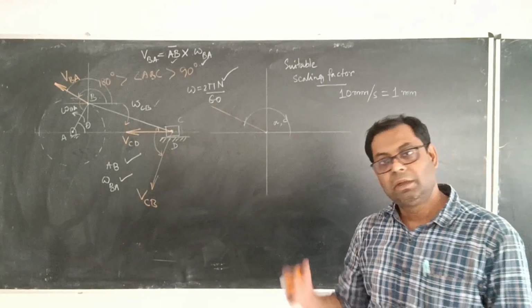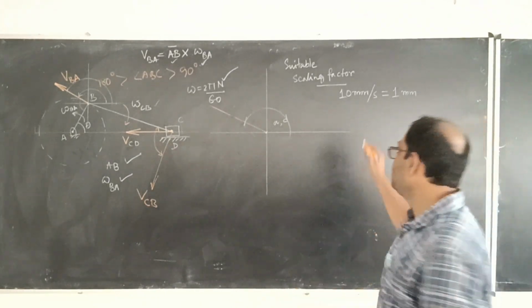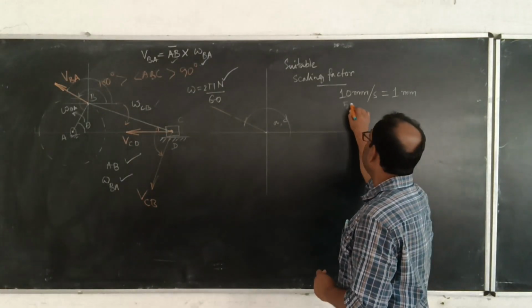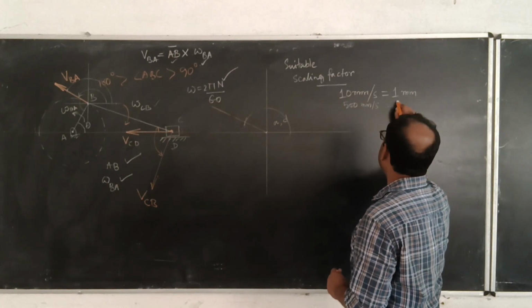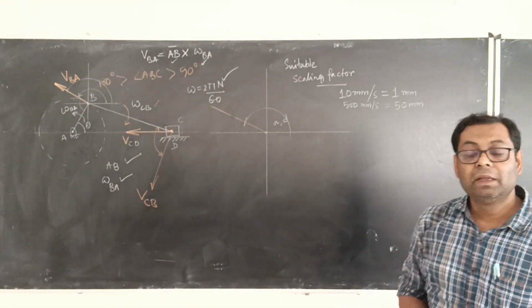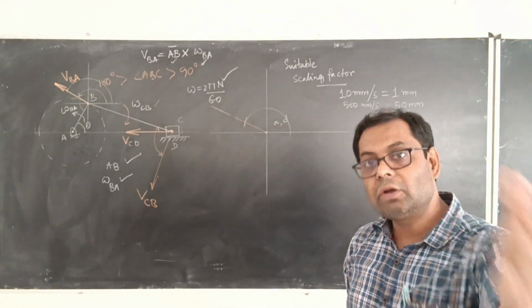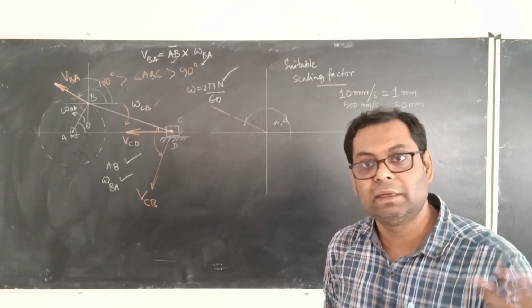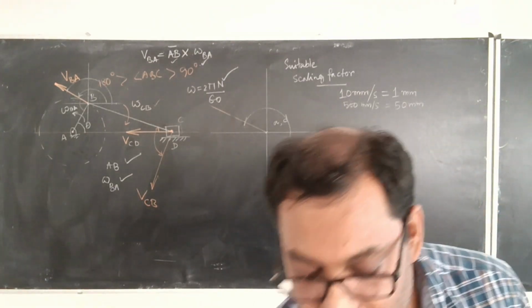No problem. You can take that. What does that mean? Under this situation, 500 millimeter per second is represented by only 50 millimeter in the velocity diagram. Now you can draw this 50 millimeter length in your copy in the velocity diagram easily. Got it? So when you are going to do this,